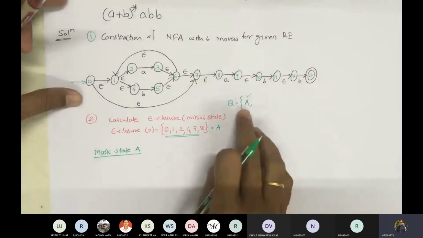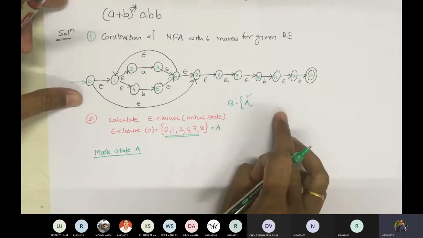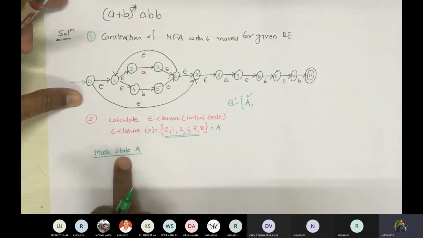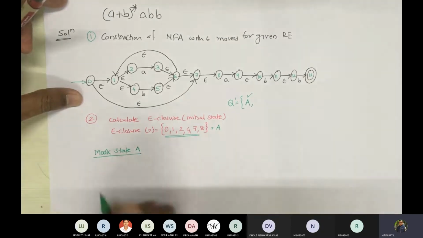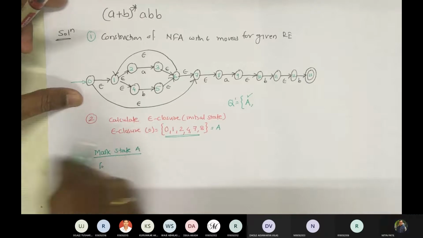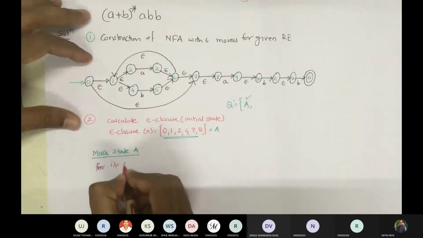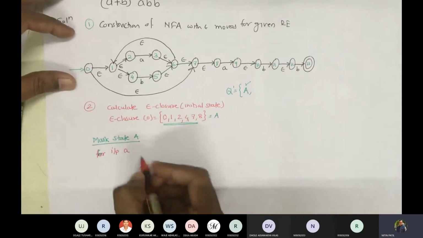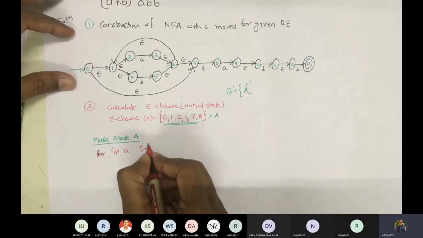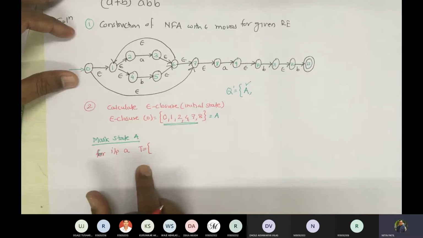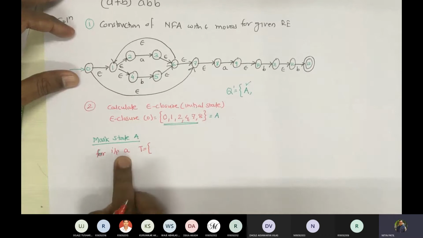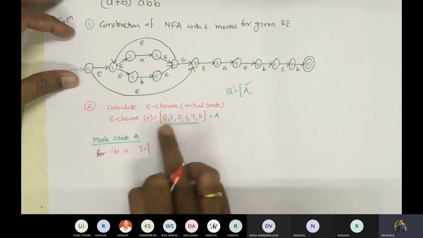You have to choose each state available in Q dash, and for each state, when you choose one by one, you have to choose inputs as well. So let us take input A and compute T. Now this T would be the set of states which can be reached with this input from either of these states.